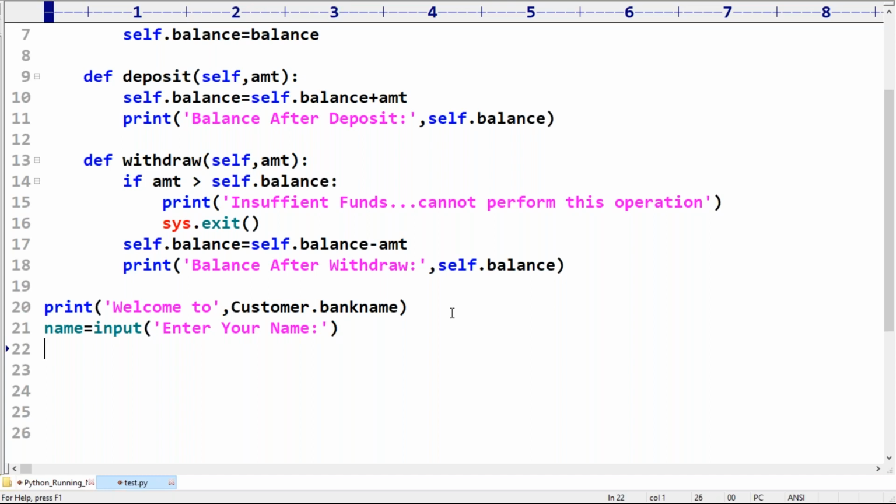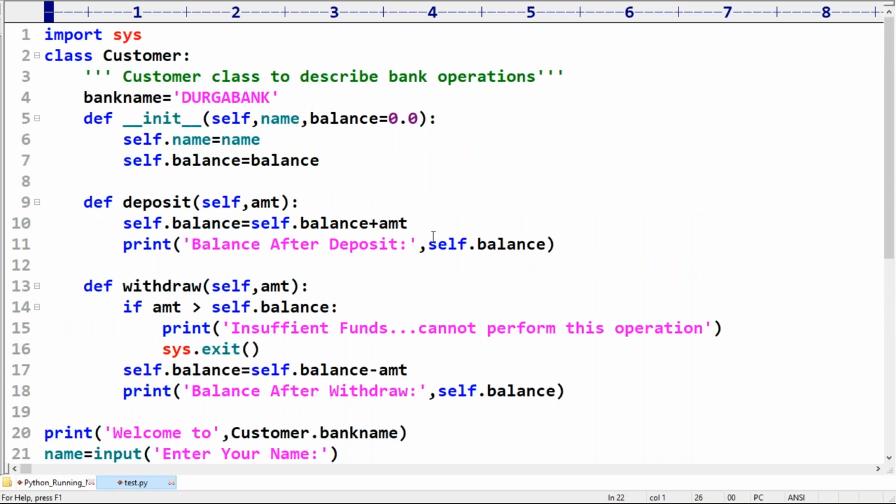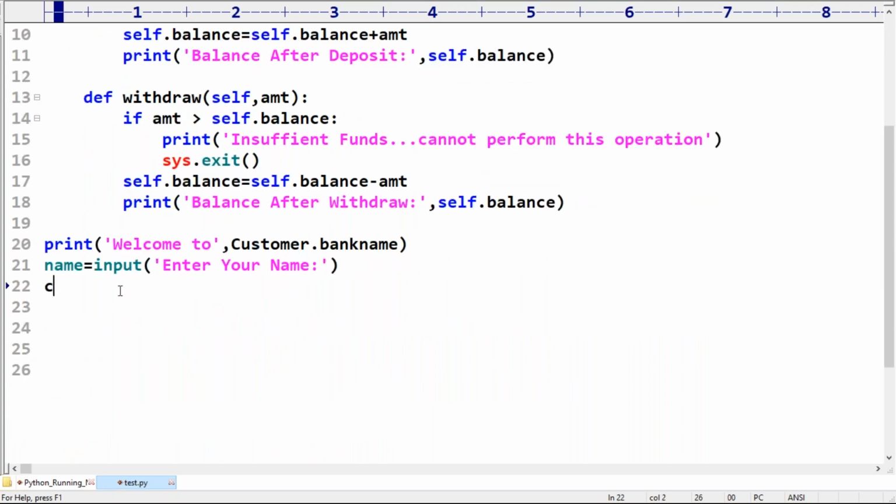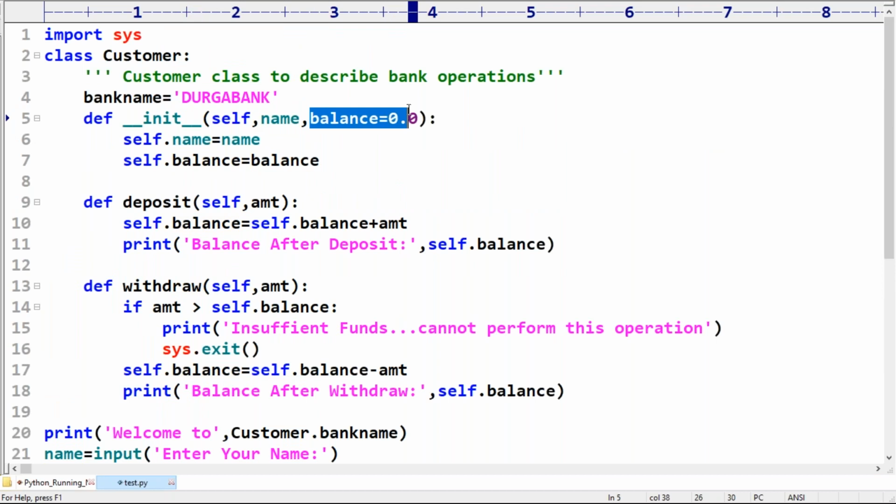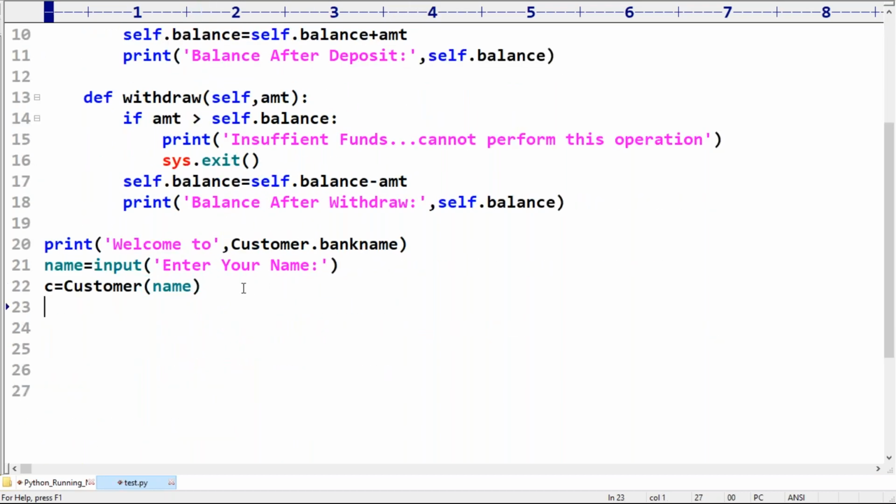Now let me create a customer object with this name, because the default value for balance is 0.0. So c is equal to Customer of name. Only the name is enough; you are not required to pass the balance value, because the default value for balance is 0.0.